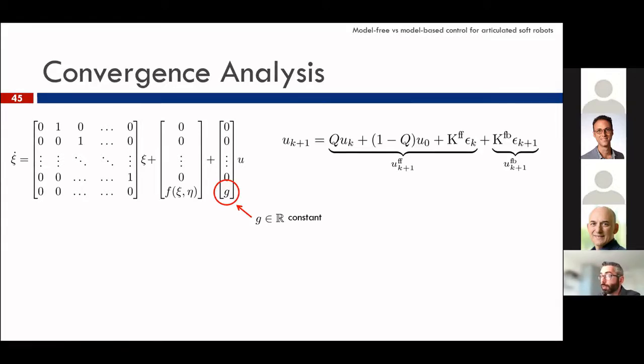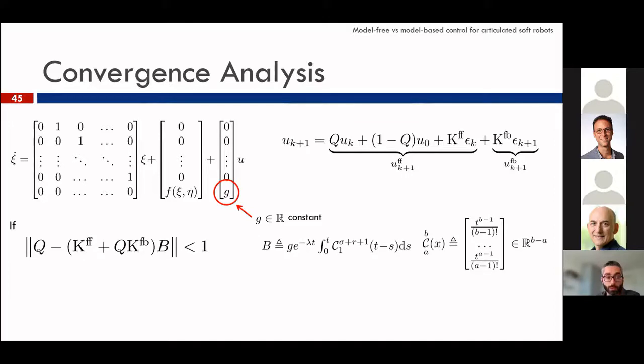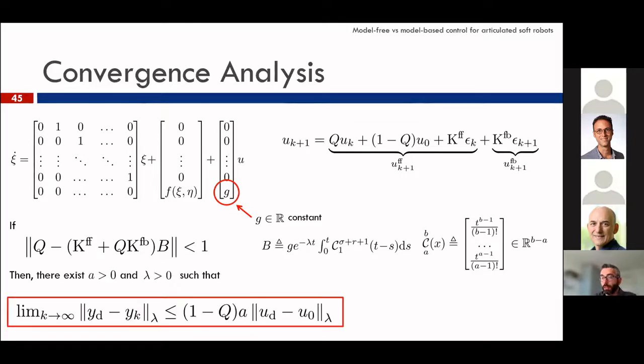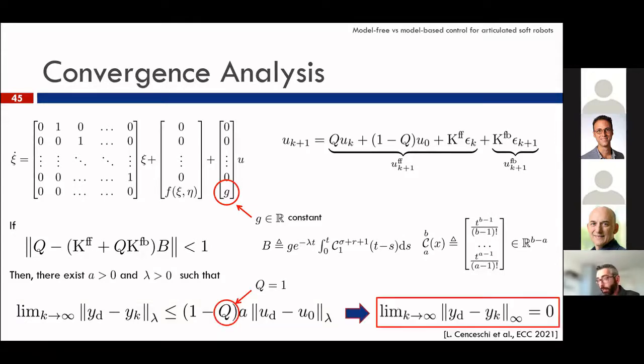So using this controller that presents a feed-forward component, a feedback component, and a forgetting factor Q, if this condition is satisfied, I will skip the proof, we have that the tracking error of the output is upper bounded. And in particular, if the forgetting factor Q is equal to 1, we have a zero tracking error.